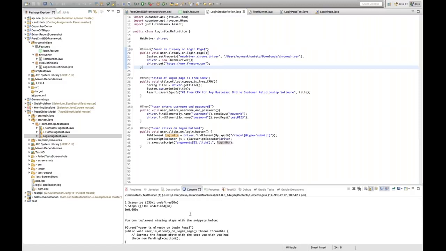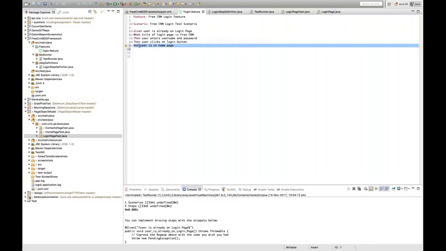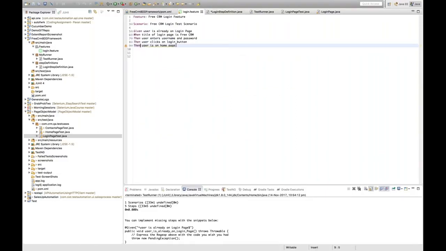Then maybe the and will not work at the last, because maybe we have to adjust it somewhere in between. Or maybe we can write like this. Instead of and, we will write: Then user is on home page. Don't use and in that case. So simple, what I'll do, I'll create one more at the rate then, double quotes, and this is the